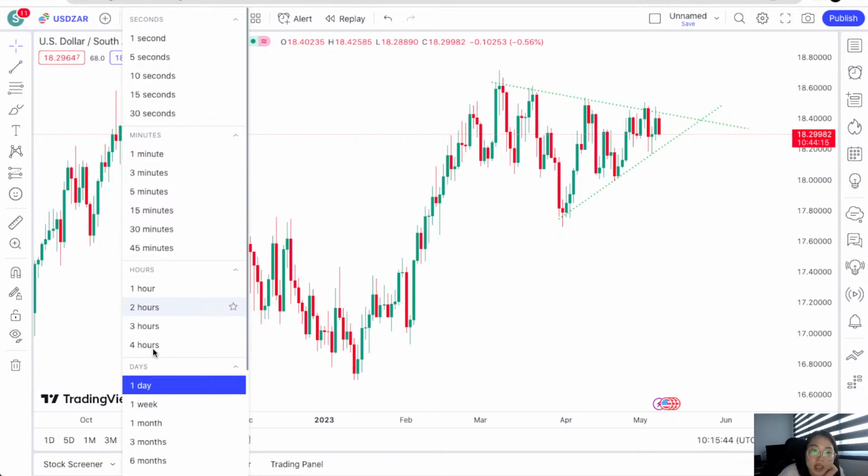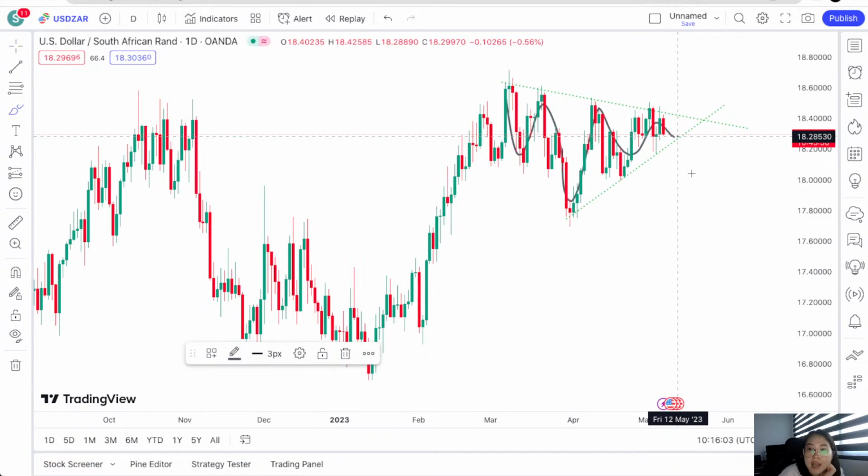if you guys know how a triangle works, price is moving within that triangle. Once it reaches the end of the triangle, it will then decide whether it wants to break down or break up. At this point in time with USDZAR, price has not decided whether it wants to do a breakout on the upside or the downside. So if price has not decided, I am not going to decide for price. I am going to instead patiently